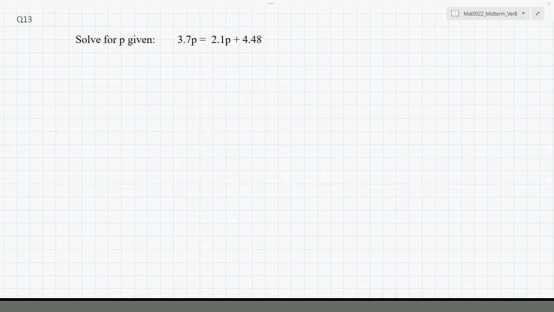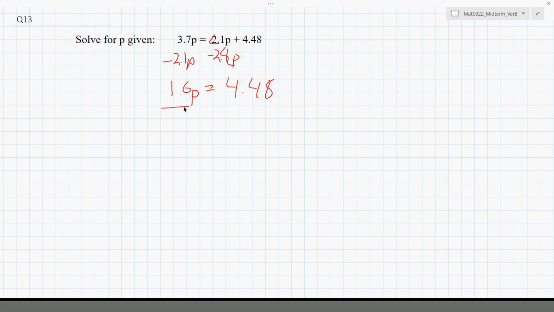Question 13, we're going to start this out by putting all the p's on one side of the equation line, and then we're going to do division. So we're going to move all the p's over to the positive direction, and because both these are positive numbers, I'm going to subtract one of them away. I'm going to subtract away the smaller one, so we're going to subtract away the 2.1p from both sides. So when we do this, it's going to cancel out this one side, and we're going to have 3.7 minus 2.1, so it's going to be 1.6 as a positive p-value equals